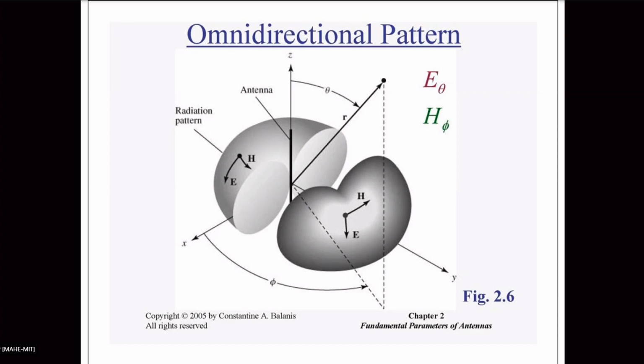Yes, in sine squared theta, the beam is more pointed. The half power beam width is narrow compared to sine theta. Half power beam width of sine squared theta is narrower compared to half power beam width of sine theta. Do you understand that? So if it is more directional, half power beam width will be less. Do you understand this? Yes, sir.